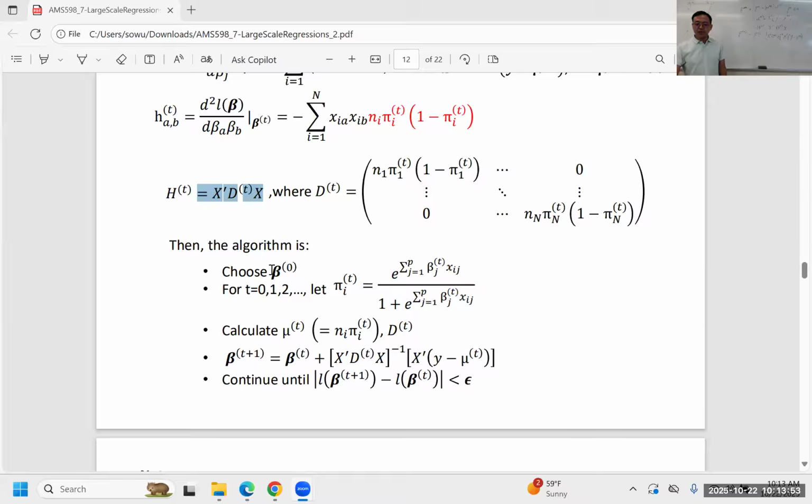Then go through the iterations for each t from 0 up to some number, like 100. We calculate pi_t by plugging beta_t into this formula, then update mu_t and D_t. Then beta_{t+1} is essentially equal to